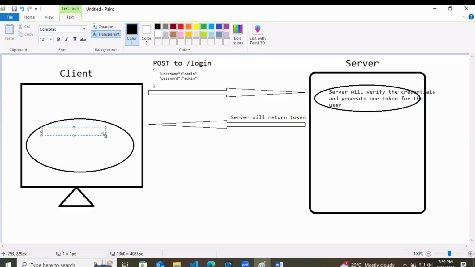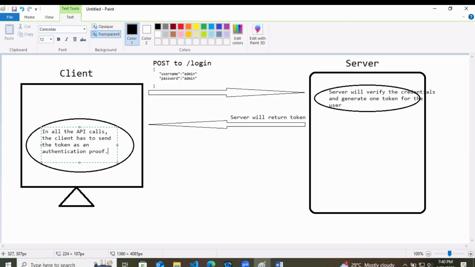And there is a rule of JWT in all the API calls: the client has to send the token as an authentication proof.